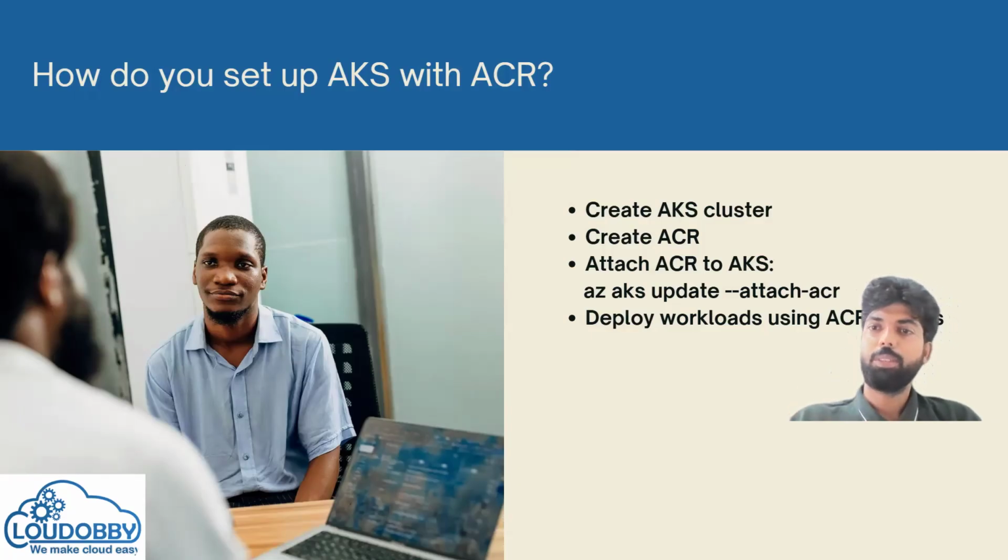Deploy the workloads using ACR image registry. So all the Docker images for deployment will be in ECR or ACR. ECR is Elastic Container Registry on AWS, and Azure Container Registry on Azure. It's all just a Docker Hub. Publicly, if you go to dockerhub.com, that is where all the Docker images are coming from. These are the private Docker Hubs for your companies. Okay. I hope this is clear.